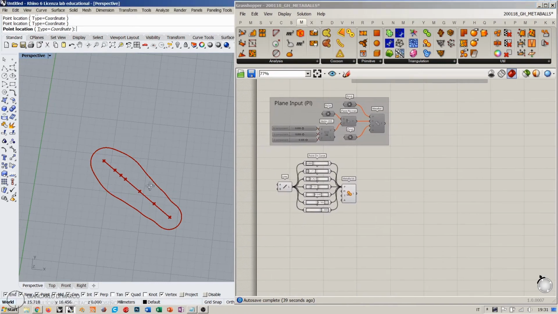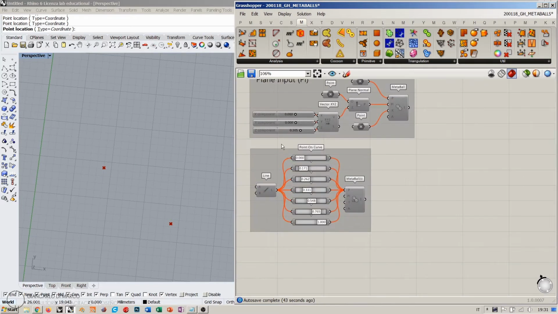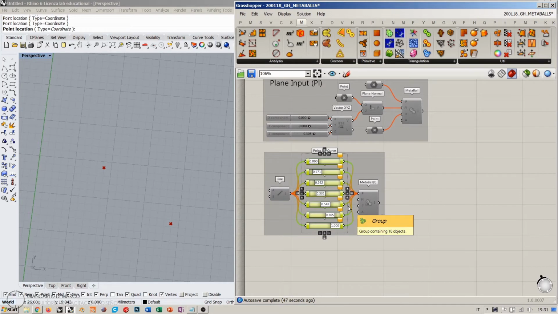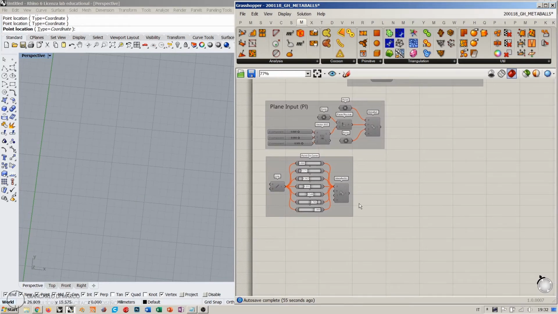Okay, so what we are going to do right now is, oh, by the way, the point on curve has this bug. If you don't deactivate the preview, you get this preview staying visible. But anyway,